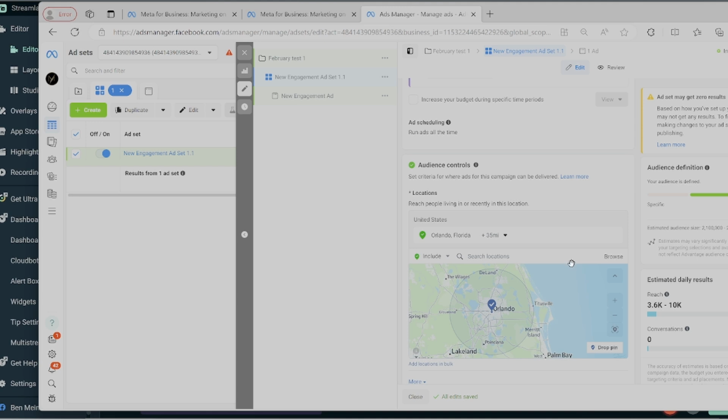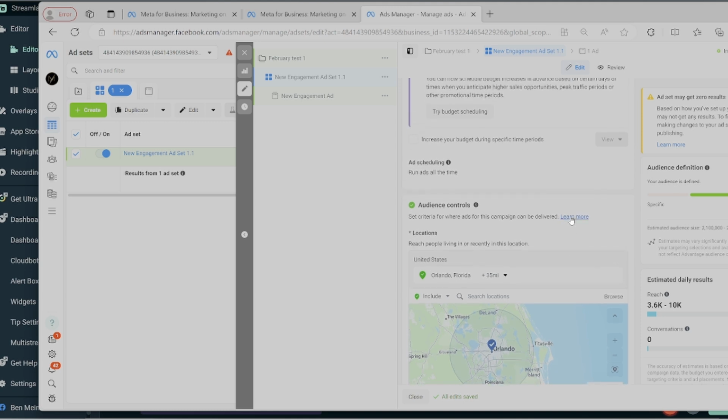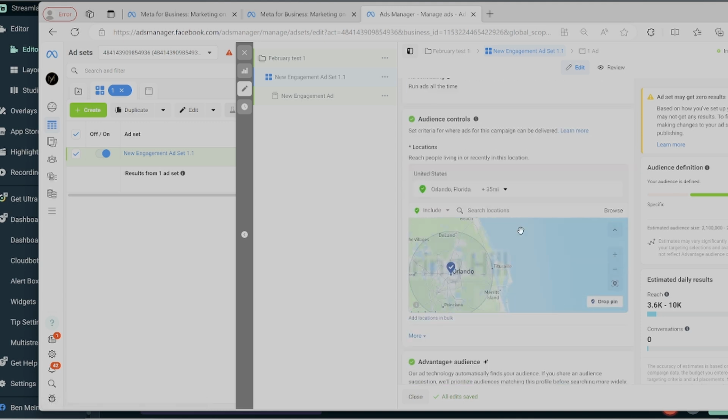But in Facebook's most recent research study, what they found is that the ideal audience size was around 1 million people. In a local market, that's going to be very hard to get. You can see in Orlando here, we're above it now, but we haven't been able to refine this at all. So while keeping the audience size above 200 to 250K.